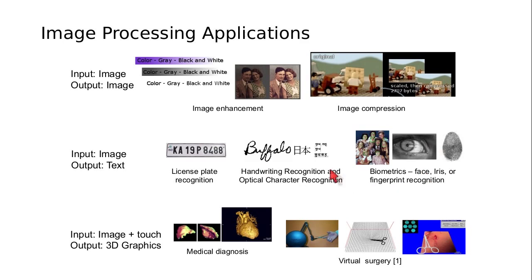And in many of these applications, for example license plate recognition, handwriting recognition, optical character recognition or biometrics, the requirements on accuracy are very high. So for instance, when a user is trying to use the phone to make a call, if the smartphone makes a mistake, it's not able to recognize the face of the user and it is not able to unlock the phone, that's a problem. But that problem can be easily solved. The user can, for example, take a second picture, or the user can use a password to unlock the phone.